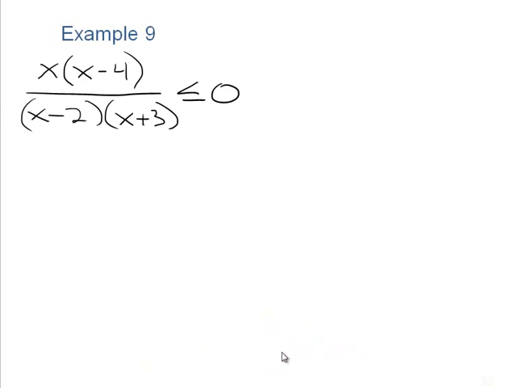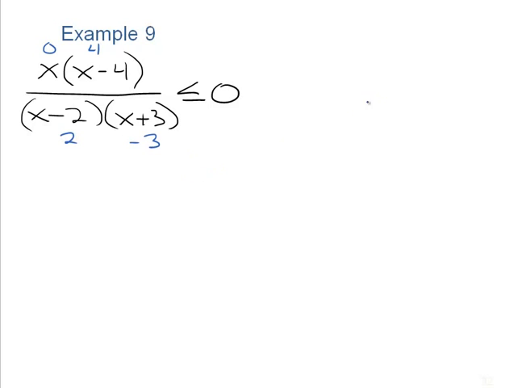Okay, one more example of these. This one's a little bit easier because we don't have a number over here. We don't have to bring it over. So we're pretty much good to go as it is. All we have to do is set the top equal to 0, set the bottom equal to 0, and solve. So it's nice to leave it factored out because now we know our zeros are at 0, 4, 2, and